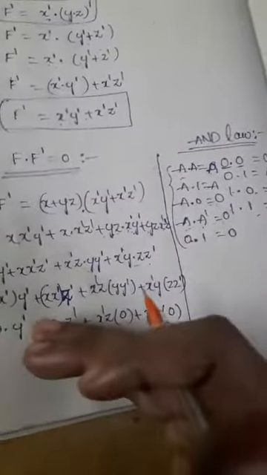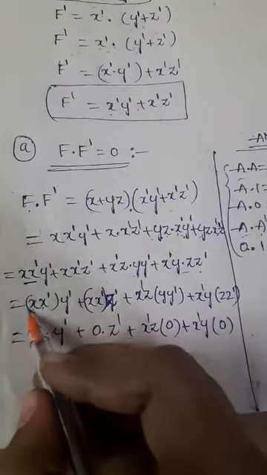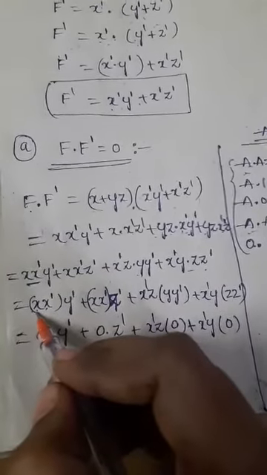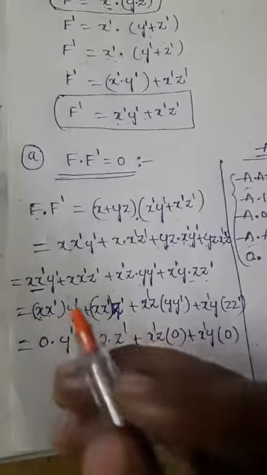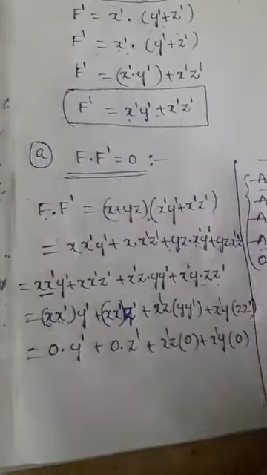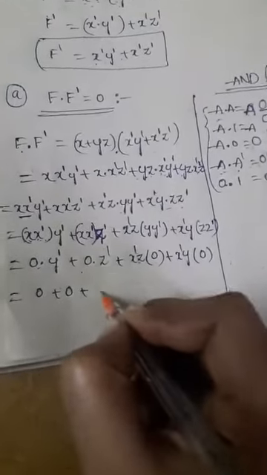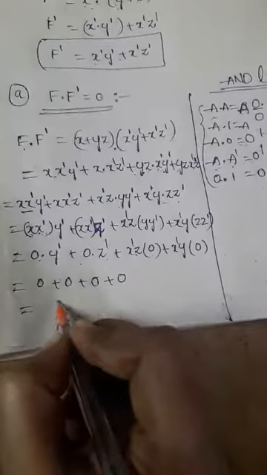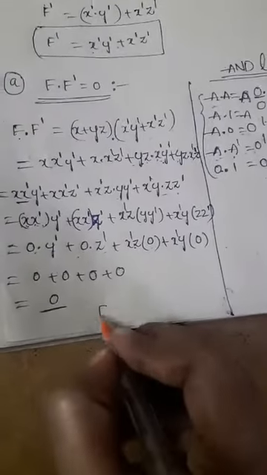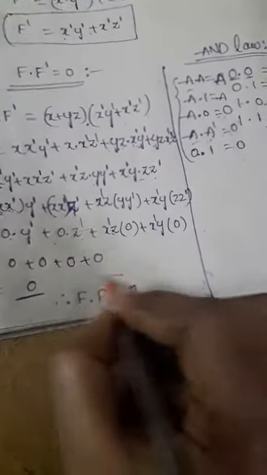Okay, but it is related to the same variable, compulsorily it should be the same variable. That normal variable and complement variable should be the same. That means if you want to mention x, then x into x complement should be equal to 0. That means the normal variable into the complement of that variable is equal to 0. That is the law. Okay, so now we'll get 0 into anything 0, here also 0 into anything 0. Finally we'll get the result becomes 0. So totally we'll mention that f into f complement is equal to 0. This is the first law.